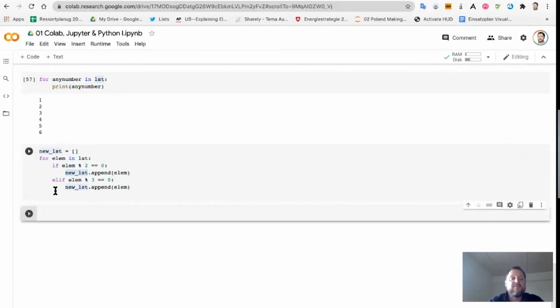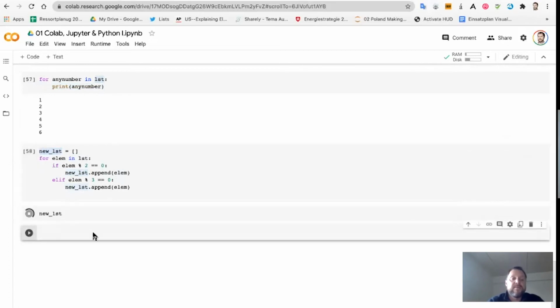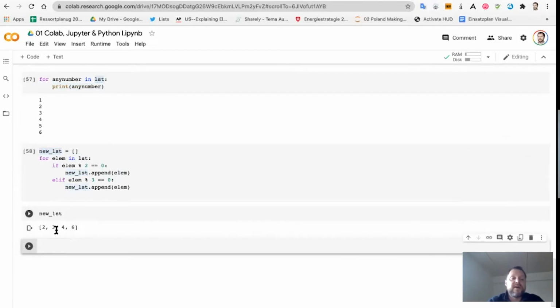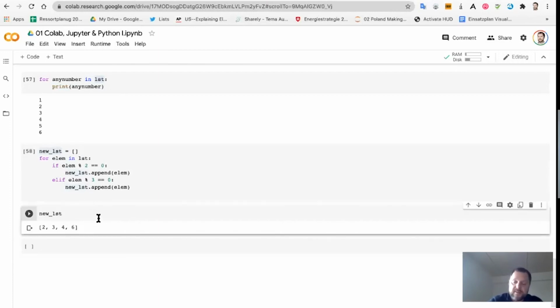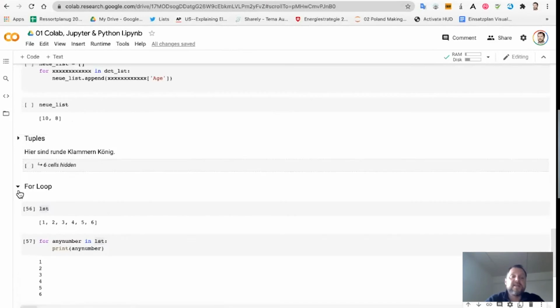So if I run that, and then I look at my new list, 2, 3, 4, 6 came along, but number 1 and 5, because they didn't meet our terms, didn't. But that's just a really small kind of excerpt into this. We're really starting to maul and play with the data here now. But just to give you an idea of how that works, I'll summarize, and then we're going to move on